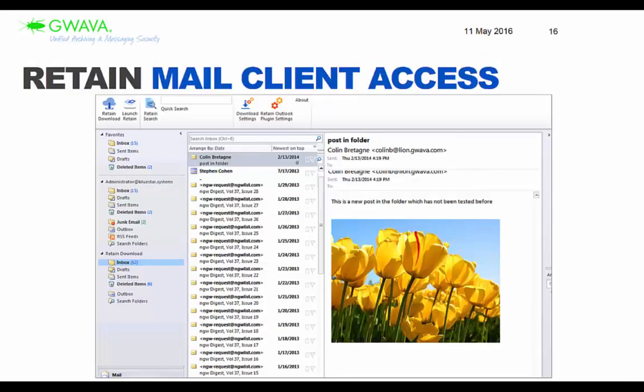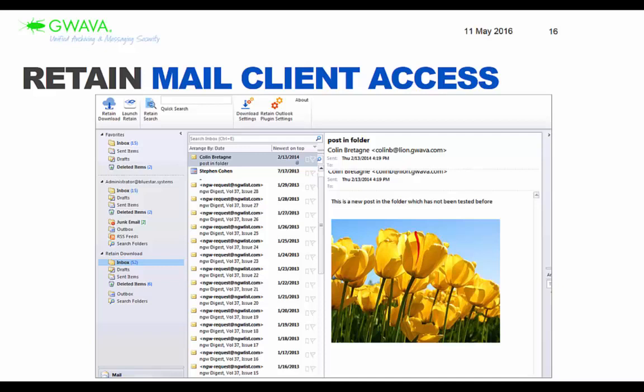Then here's a quick view of the Outlook plugin. Your users can access the archive directly from within Outlook, and they can even cache messages within Outlook so they can access it offline. So if you have users that are remote, that are occasionally using Outlook on the road and they don't have access, they can access that directly from the cached archive that's directly in Outlook via that plugin.